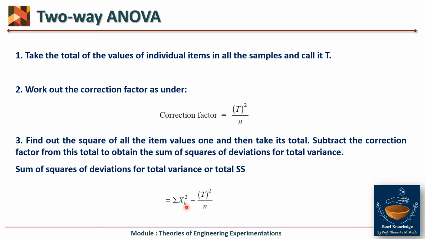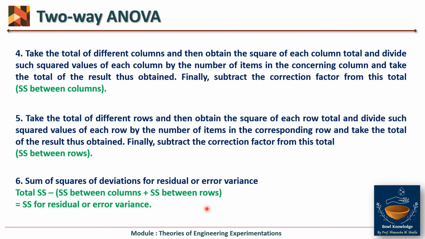So sum of square of all the values कैसे लेंगे? जितनी भी आपकी values है उन सबका square, उसको सबको plus करना है. T में आपने क्या किया था? उन सारी values को plus किया था. So as there are 40 readings, the sum of that 40 readings. Now this is sum of square of that 40 readings. Okay, and we are subtracting it by correction factor. So this is my step number 3.